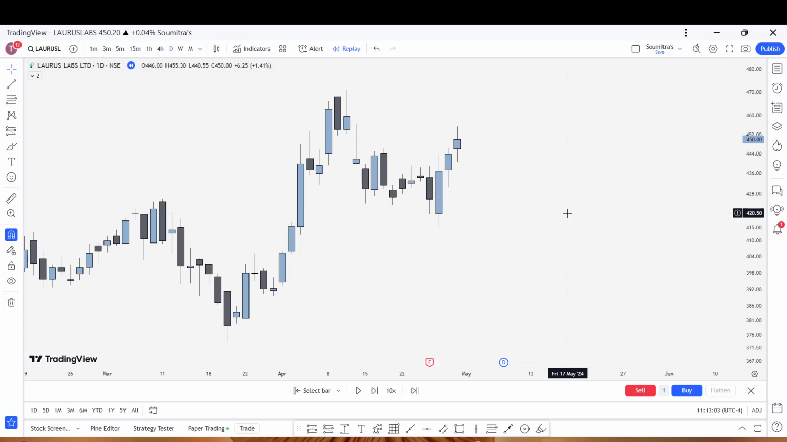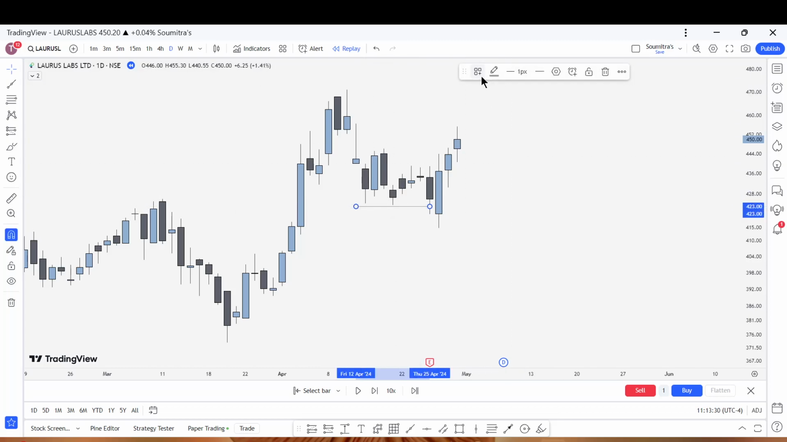So this trade was taken today, 2nd May 2024. This is the Indian stock market and the stock name is LAURUS Lab. And this is the previous day candle on the daily chart, and we see that price has created these two